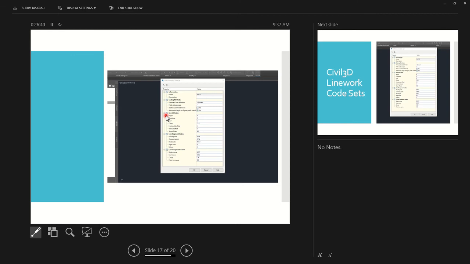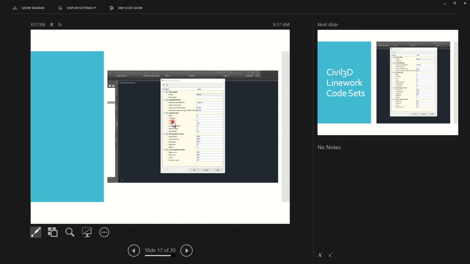I could go put the last code in, say a back of curb code, so I could say BC, and even though I ended it, I could put a space C after it, and it's going to connect it to whatever line used that previous code that you just put in there. And then we have the E for end, so E will end a line. I barely ever use the E code